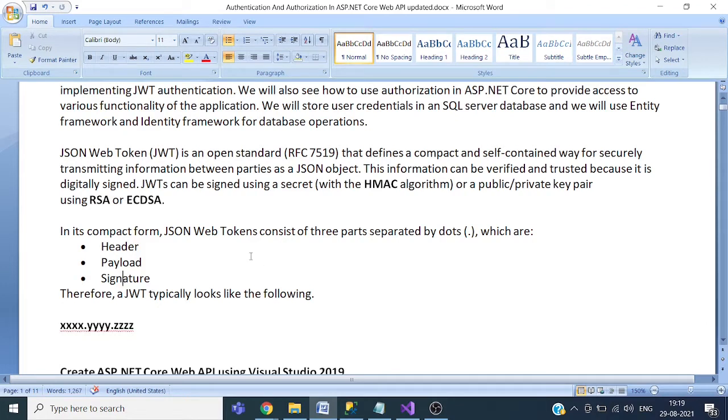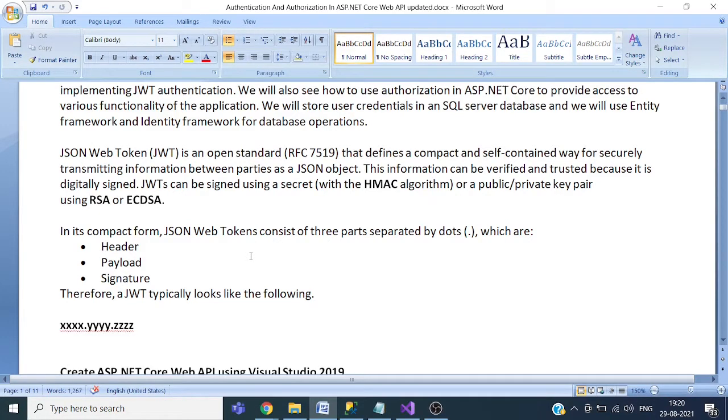Okay. Now the process will be, first of all, the token will be generated on the server, and it will be received by the client. The client can be our web application which wants to access the API. Any application which wants to access the API is known as a client, and the system where the ASP.NET Core Web API is hosted is known as the server.